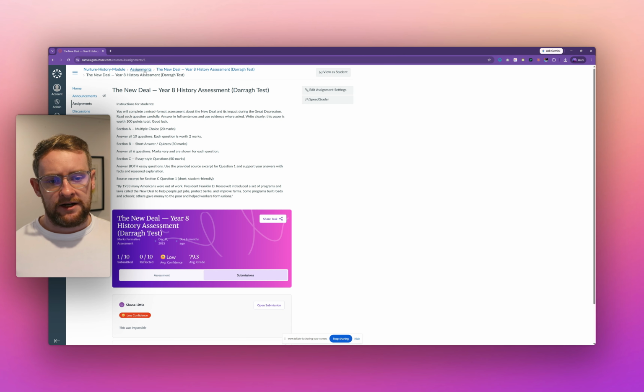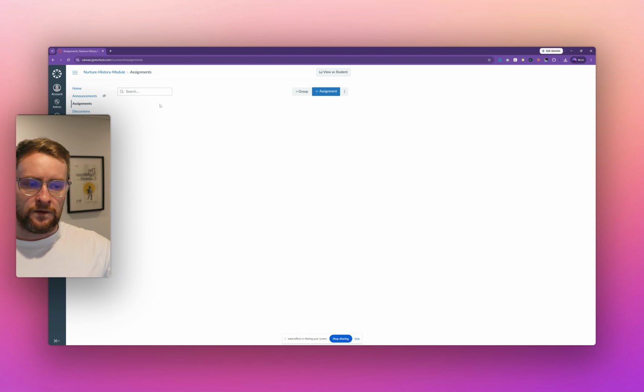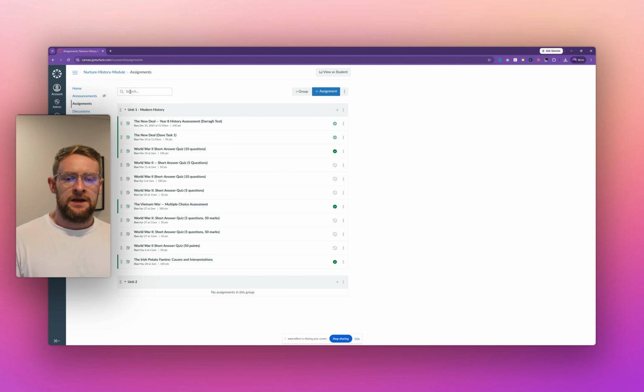Next then, what if I actually wanted to use Nurture to generate the task for me? So within Canvas, you can do that as well. So once again, I'm in my assignments and I want to create a new Nurture assignment. So I'll just click on the three dots next to the assignments bar here, and I'll just click create Nurture